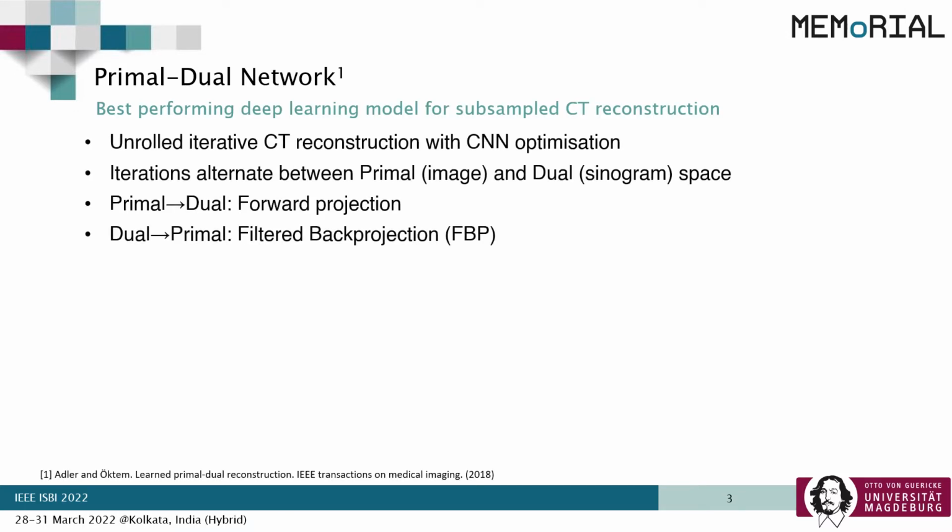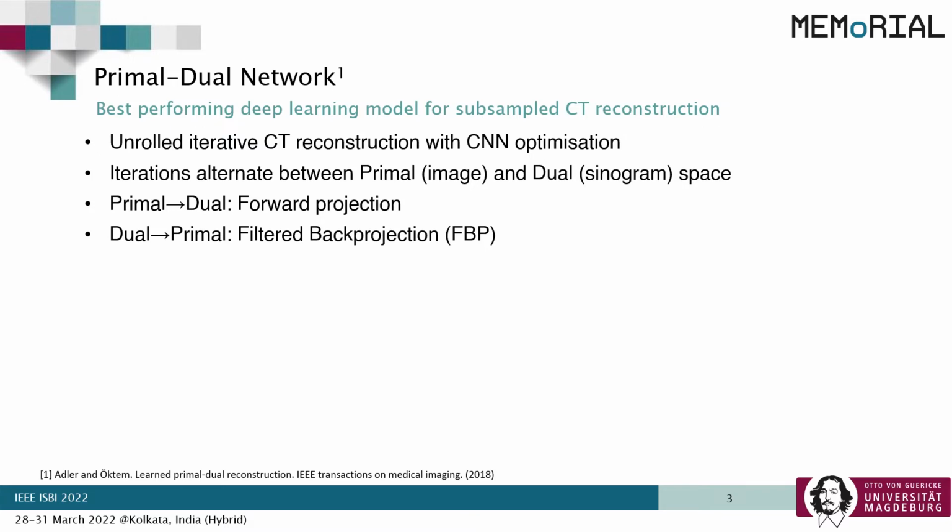Primal-Dual network, proposed by Adler and Öktem, can be interpreted as an unrolled iterative reconstruction algorithm that optimizes in both sinogram and image space using blocks of fully convolutional layers. Iterations alternate between primal or image space and dual or sinogram space. In a simple overview, going from primal to dual, forward projection is performed, while going from dual to primal, filtered